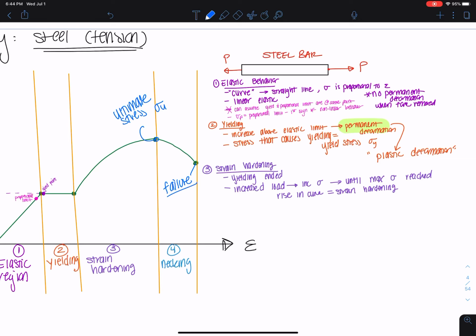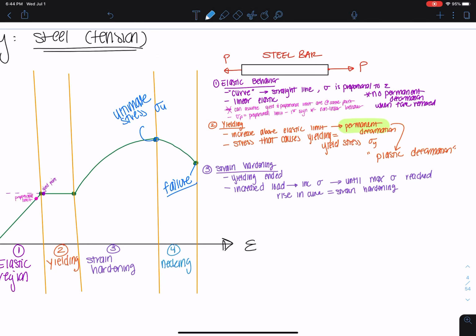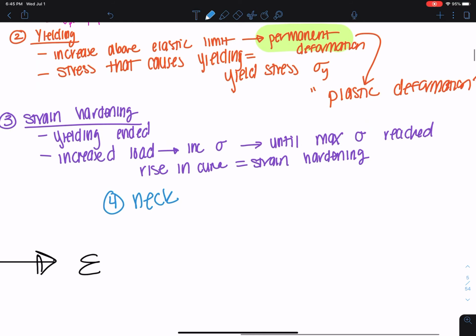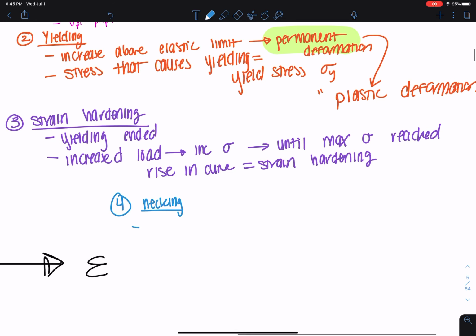This is where it ultimately fails, okay? Okay, so let me come back here. 4, we have necking. Okay, and what this is basically as our specimen elongates, so this picture here, as this gets bigger when we're pulling on it, as bar elongates,